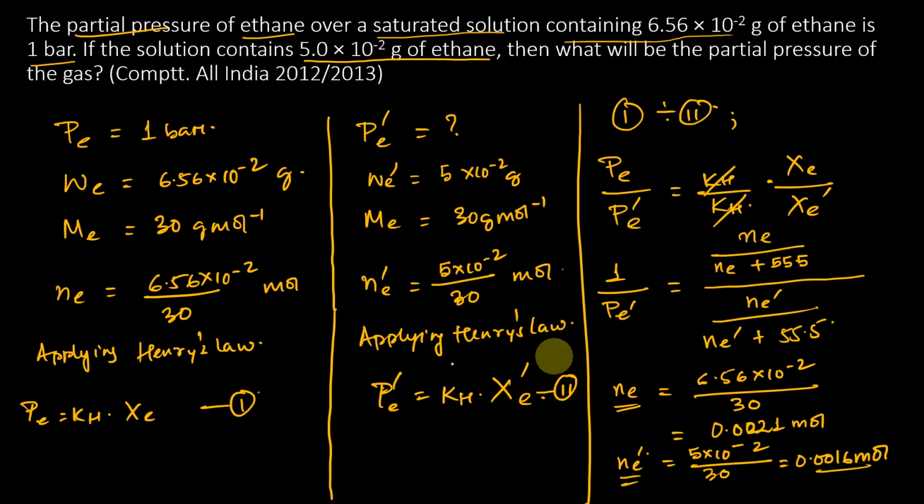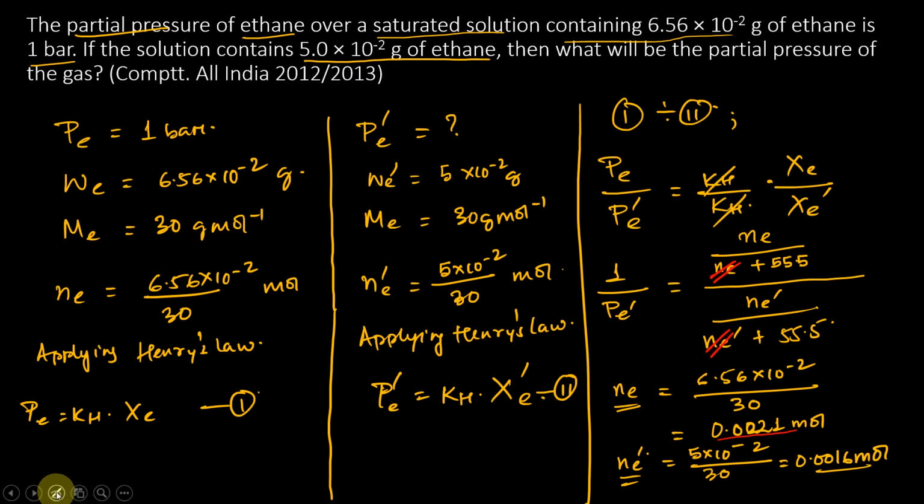सो what you can do is, you can take advantage of the situation by ignoring this NE. इसको cancel कर सकते हो, NE और NE dash को cancel कर सकते हो, not the numerator but the denominator, because it is being added to 55.5. मतलब 55.5 plus 0.0021 करने से कितना आएगा, it will become 55.5021, right. So it does not change the number to such an extent. That's why what we can do is we can ignore this number. Clear? Once we do that, our work becomes really easy.